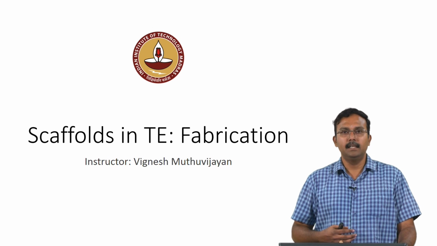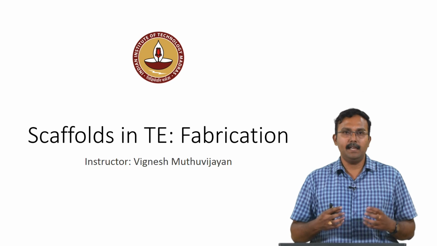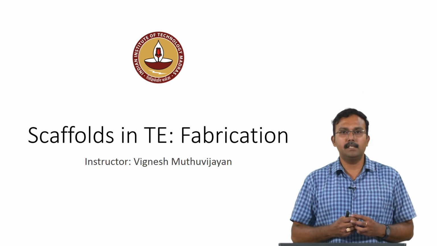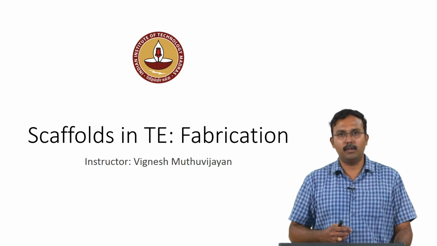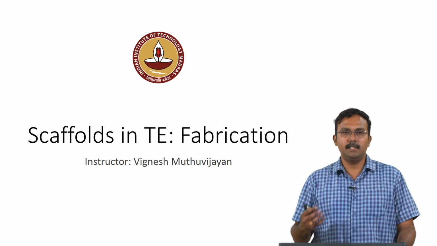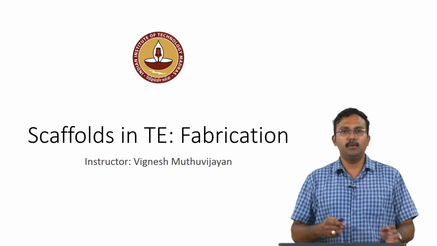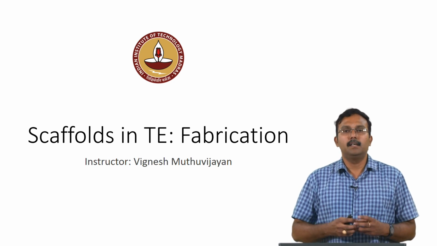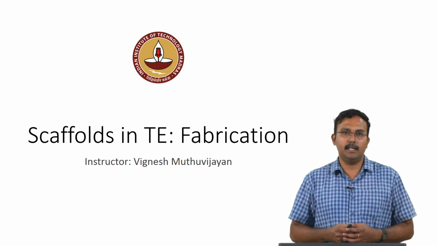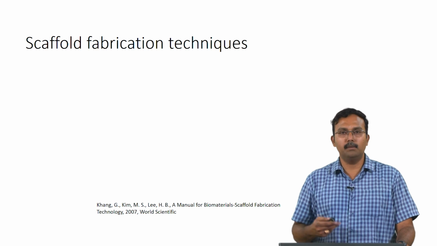Other than this, you also need to make sure that the material is fabricated into the shape and properties which fit the tissue which you are looking for. So, taking all these into consideration, you have to design strategies which can help in fabricating scaffolds. So, today we will talk about some of the more commonly used strategies for fabricating tissue engineering scaffolds. These are some of the strategies which we will be talking about today.